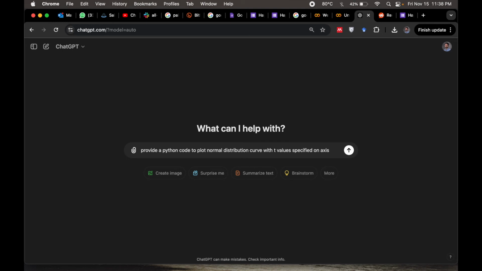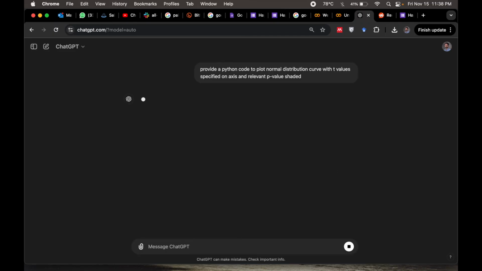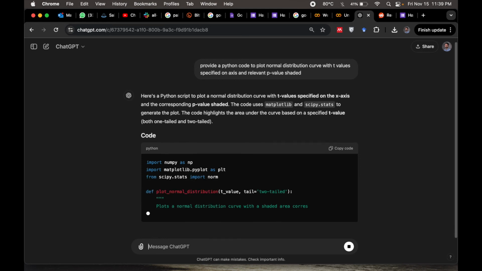Prompt engineering is in itself a very complicated domain, something we could talk about at a different point in time, but we would want to be a bit more specific, right? So we're looking for a normal distribution curve, t-values specified on axis, and relevant p-value shaded. This is something I would want as Python code that I could use off the shelf